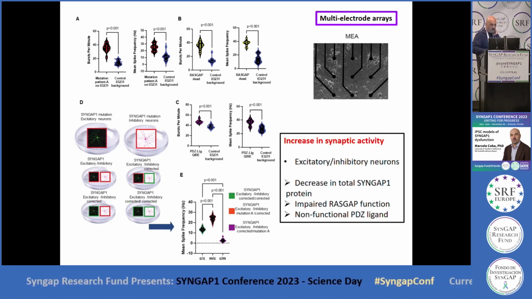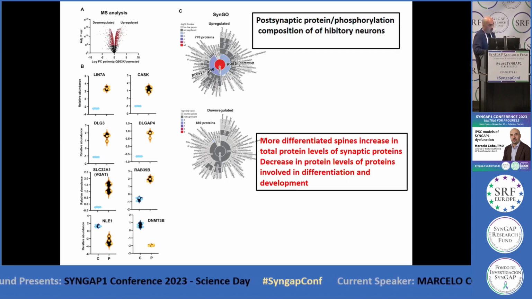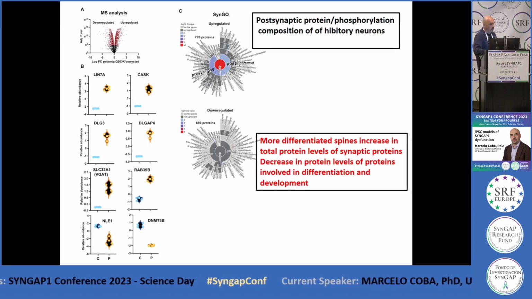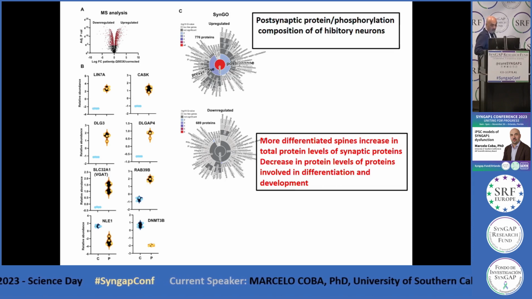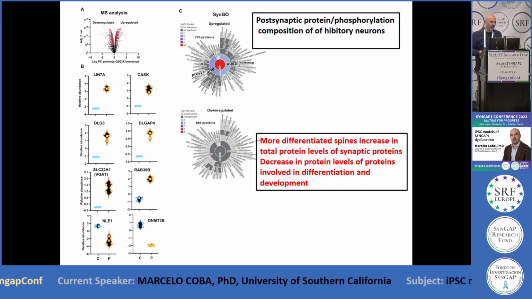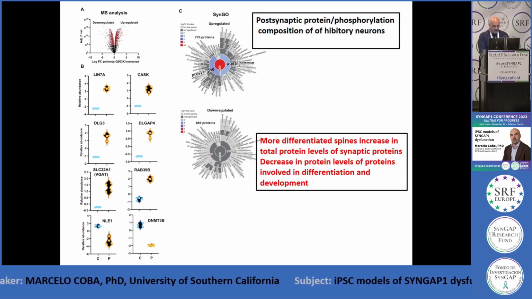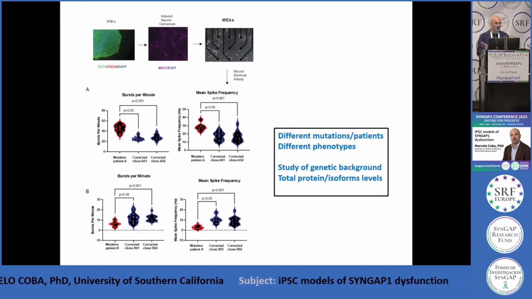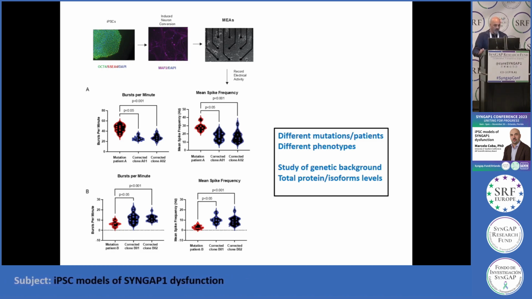This is just biochemistry, just to show that, okay, these synapses are bigger, what do they contain? We isolated the postsynaptic compartment of these neurons, inhibitory or excitatory, with mass spectrometry. And yes, they contain more of these synaptic proteins, more receptors, more scaffold proteins, so they are more mature. And just to end, we showed that changes in the amount of protein have a phenotype that is increasing the development, in differentiation, with RAS GAP domain mutations as well, and PDZ ligand mutation, but it's not always the